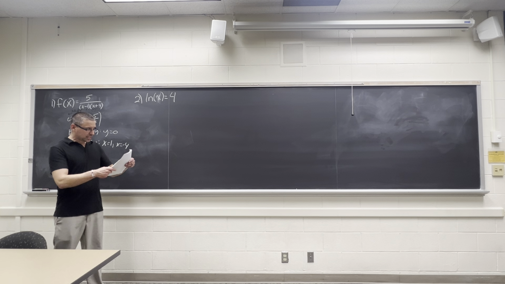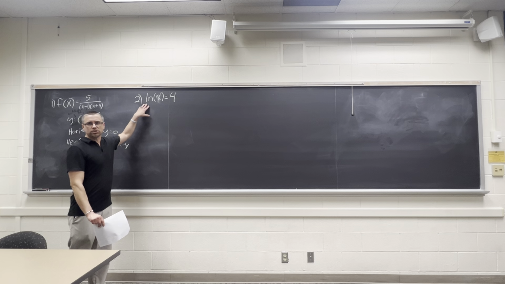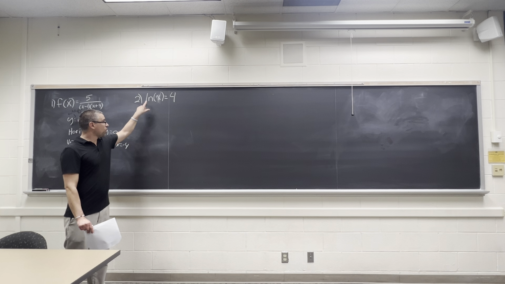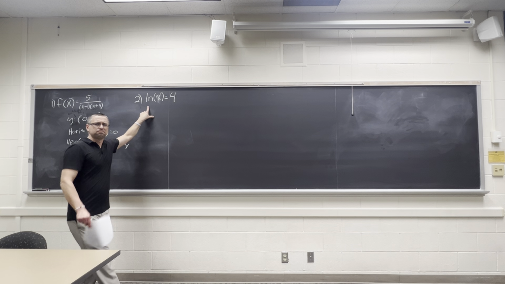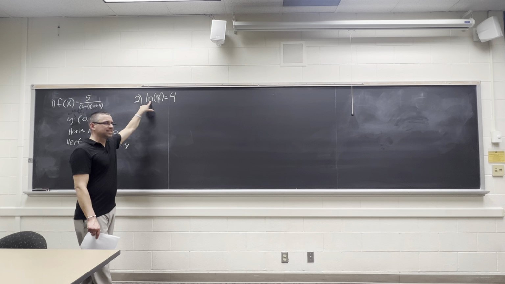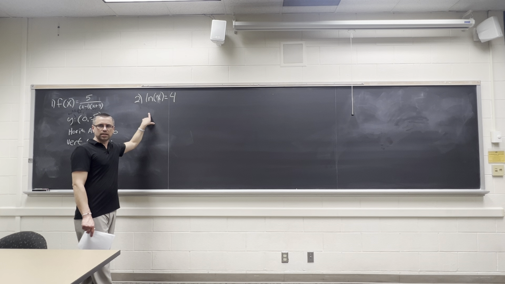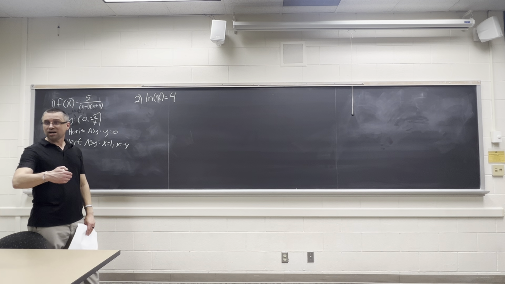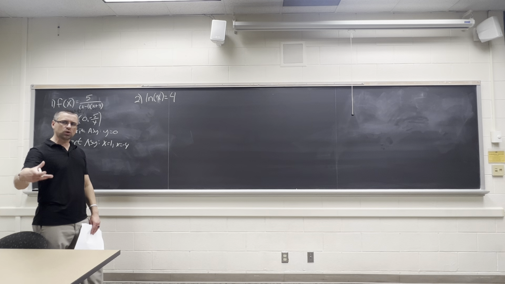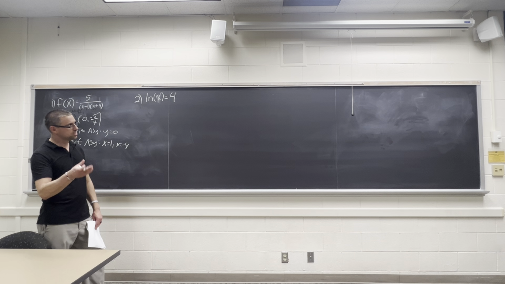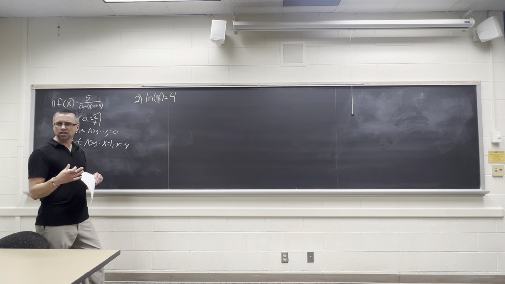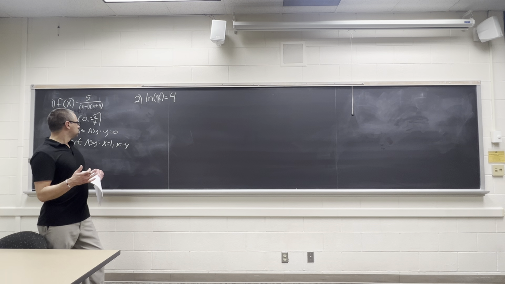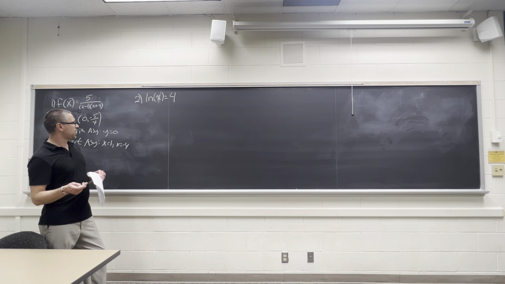All right, I want to get to the ones that are more juicy, these should be fast. So if you have ln of x equals 4, you're told to change that into exponential form. Whenever you see ln, you can always write that as log base e. And the only sentence you need to know to get out of any log jam is that a log is an exponent. So whatever a log is equal to is the exponent you raise the base to in order to get the argument of the log. So if you had something like log base 2 of 8,